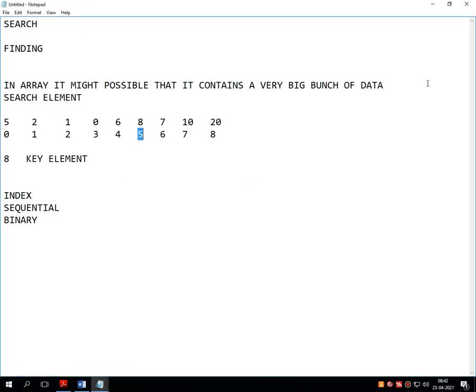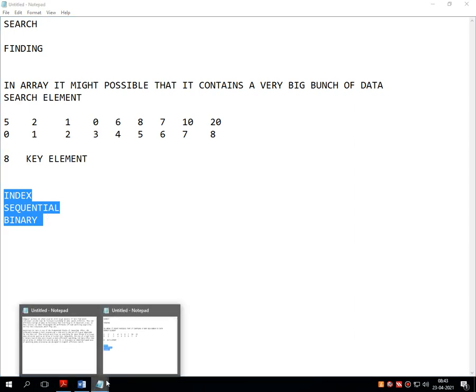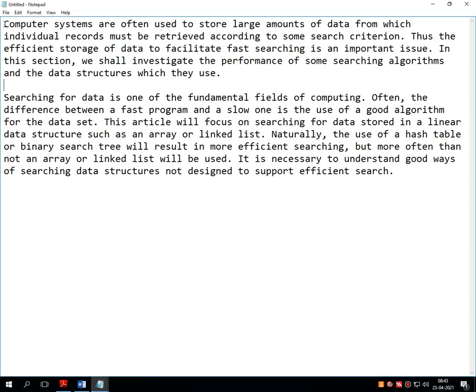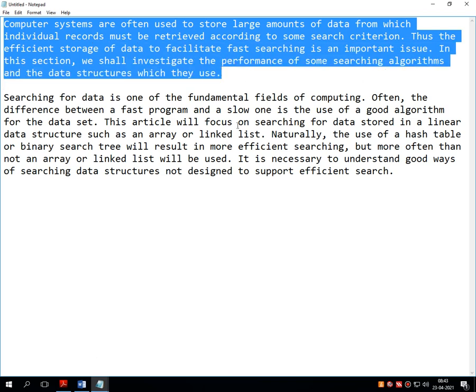So based on this, various searching techniques were introduced into the concept of data structure. For the same, theory is written over here.